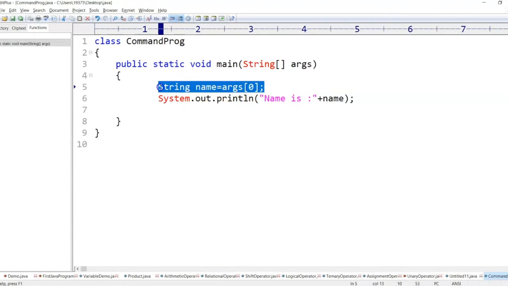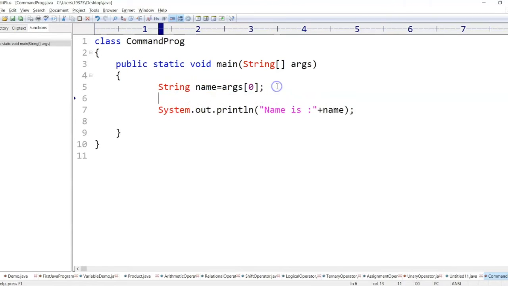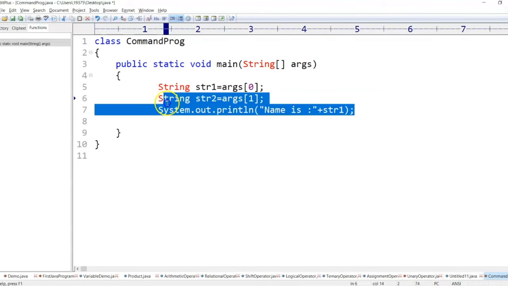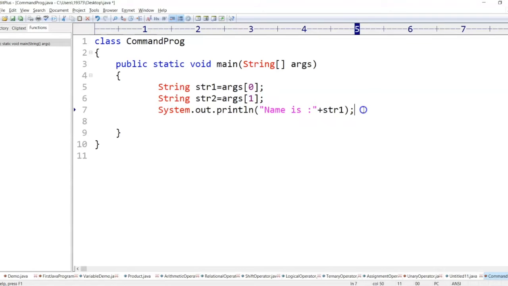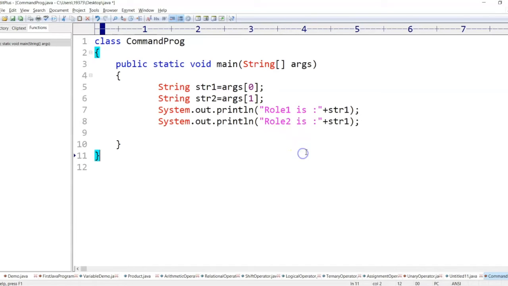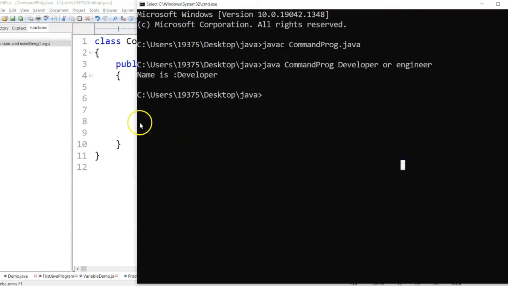Likewise, if I want to store another string, I can store it with the help of args of 1. I'll say String str1, str2, and print role1 is str1, role2 is str2. Save this, go back to the command prompt.